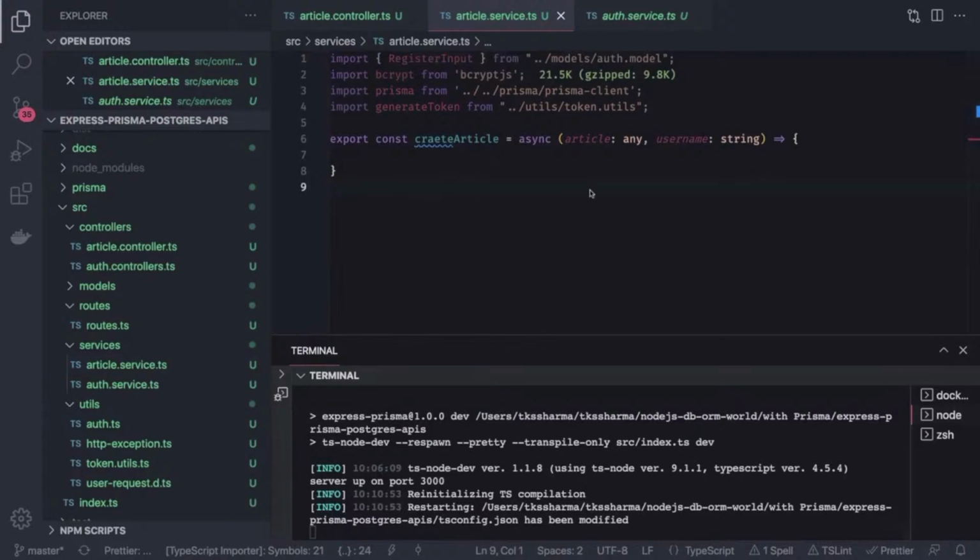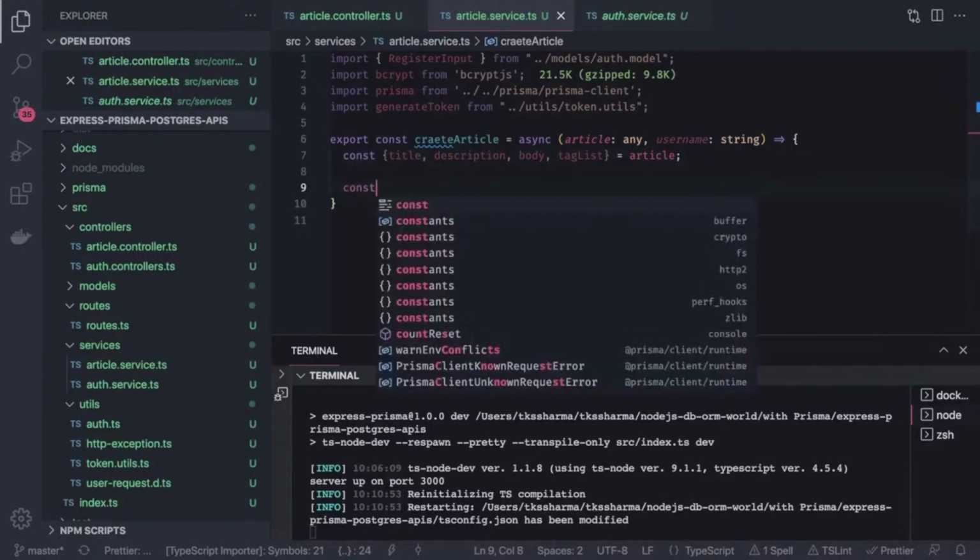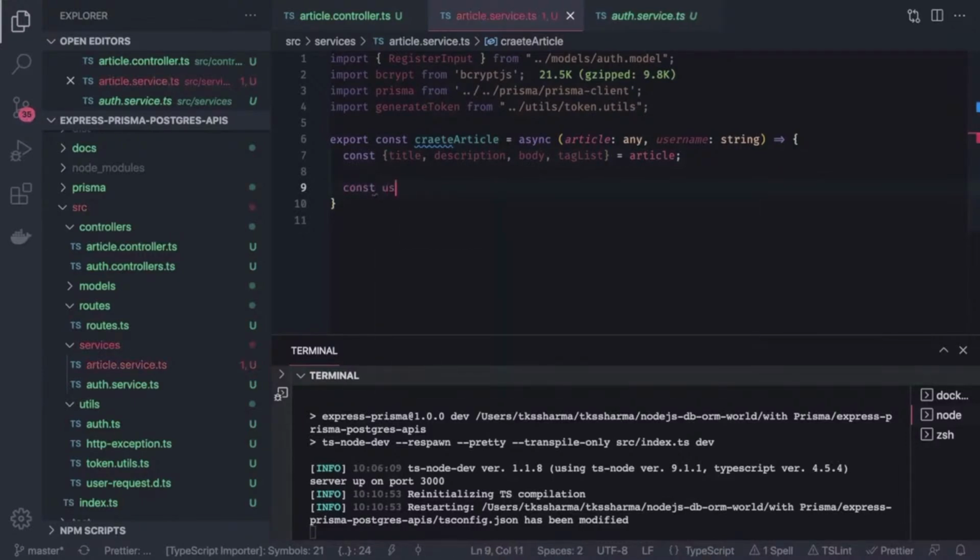So create article. Let's say in the request body, we are getting all these attributes, such as the title of the article, description, body, tag list. All these things we are getting from article, and its type is any, so it will allow us. Now we can actually add a Joi validation to check that all the required attributes are being passed or not. And then, we are getting the username which is unique throughout the table, so we can call